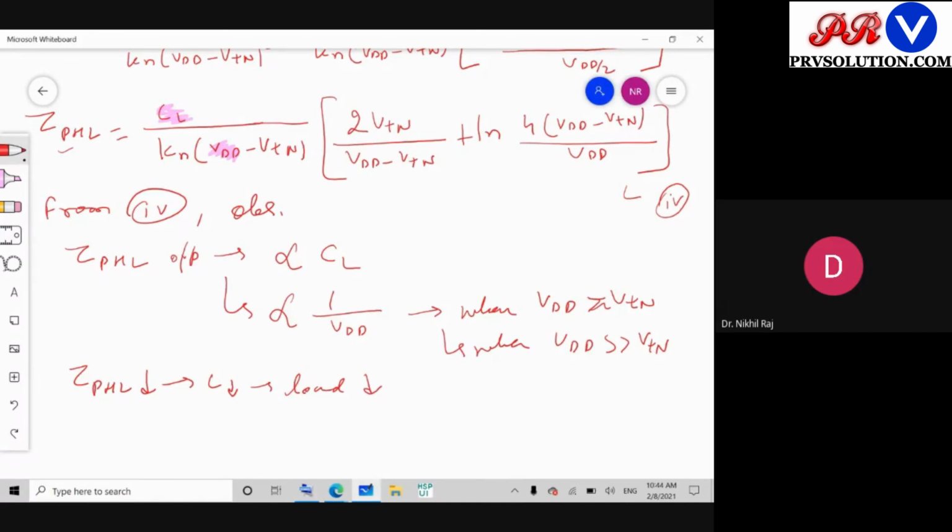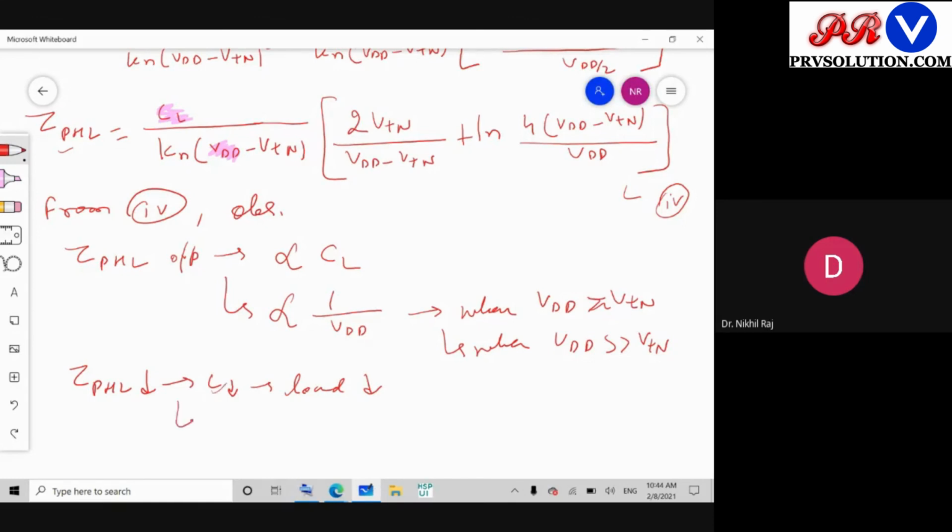But what is the ultimate target? Always we look for the maximum use of that circuit. So we can attach more and more load to that circuit. Then we can say, okay, efficiently I have designed the inverter and it can drive so many loads. It's just like a fan out condition. So ideally, this is not the requirement by the user. The user needs more load to be driven by the circuit. So we cannot go for CL decrease.